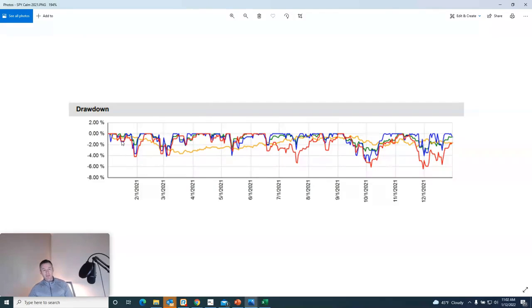So again, the blue line is the S&P 500. And you can see, as we've gone through 2021, we didn't get a 5% pullback. We had a 4% pullback here in May, but we didn't get a 5% pullback until September, end of September, early October. And then we had another near 5% pullback just before the end of the year. But all in all, this was a very serene year. And this is one of the calmest in history, but it doesn't line up with all the problems in the economy and COVID and the Fed and inflation and all that. So I just want to point this out.